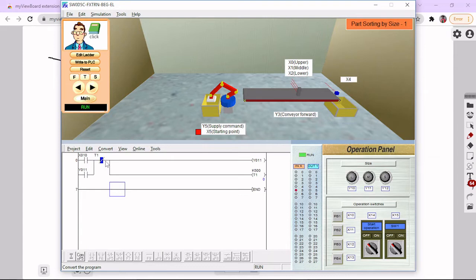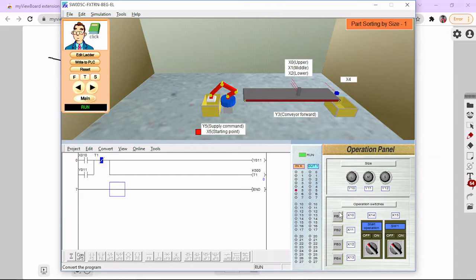So put it on again, X10 has to be pressed again, so you can see. So that is for the timing or using a timer. The next one I want to show now is the counter. Let me edit this. So the counter works similar to